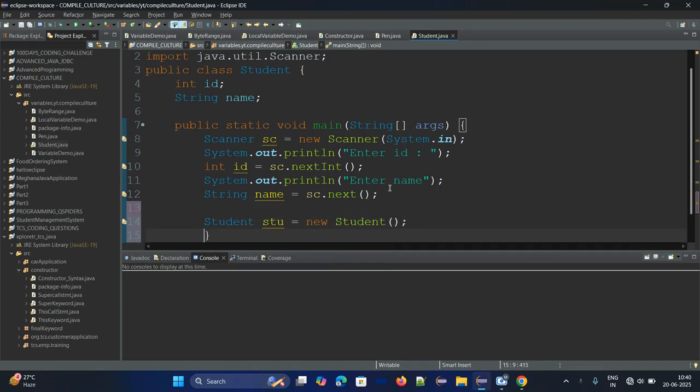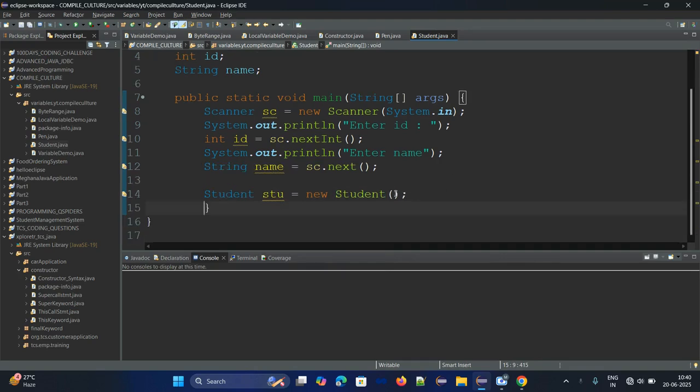See here, I just created an object for this student class, and I'm going to pass id comma name. This one is responsible to call the constructor and set the values.